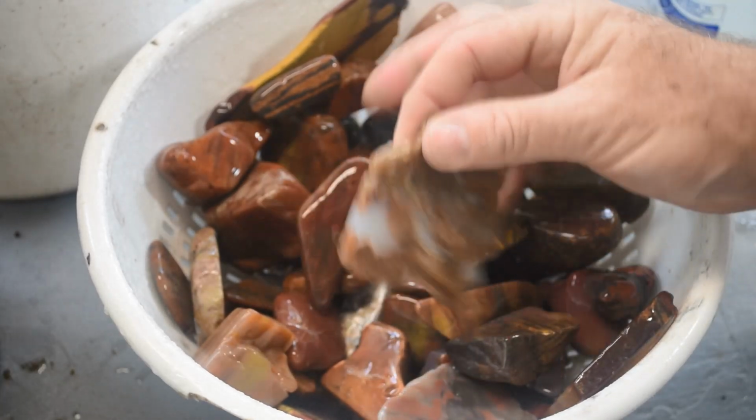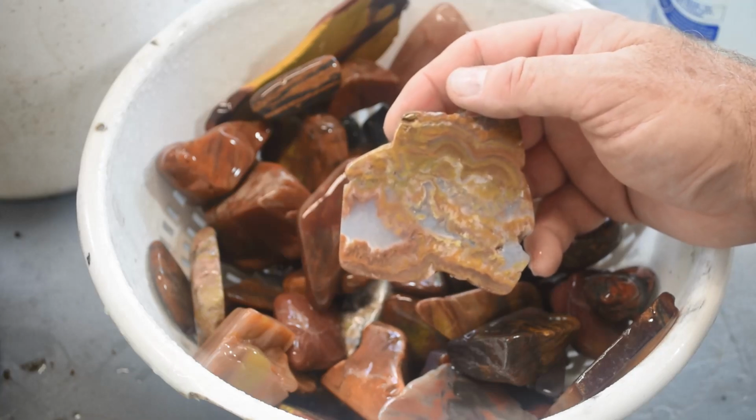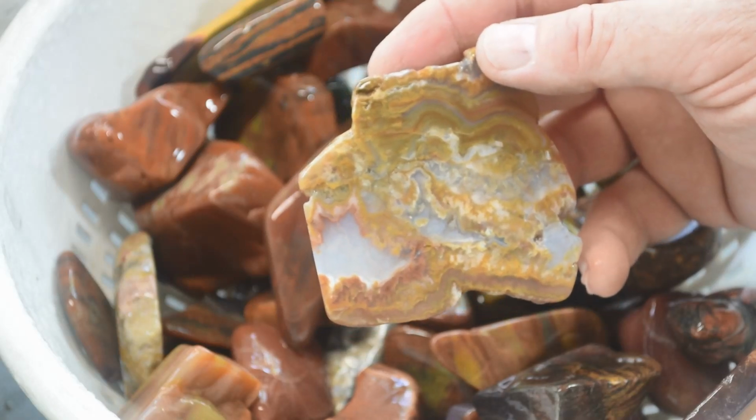Got a piece of agate here. I'm not 100% sure what kind of agate this is. You guys have an idea, let me know. It could be